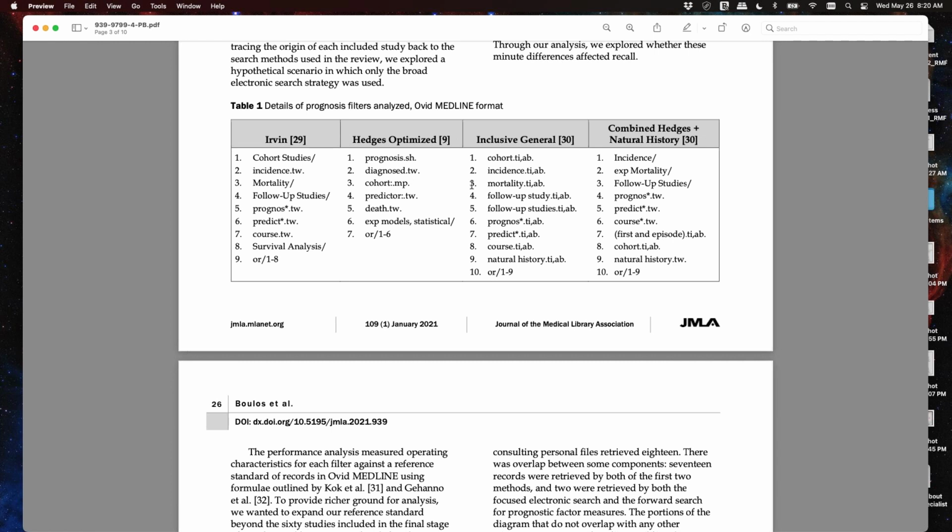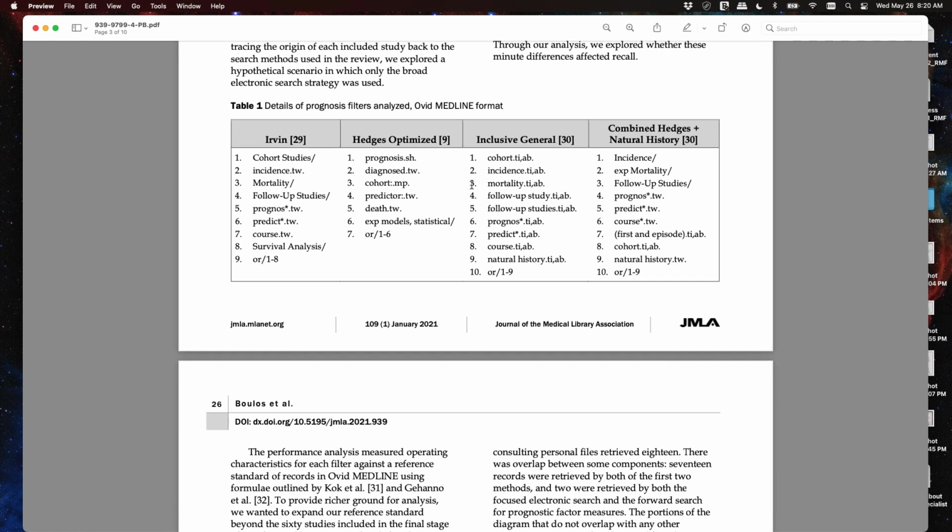Yeah, I would have actually liked to see different variants of the hedges filter included in this assessment, because they just use the optimized version. But of course, the hedges team always develops several filter variants. And in the review that I supported, I used different filter variants by the hedges team. So they just picked one of those types,